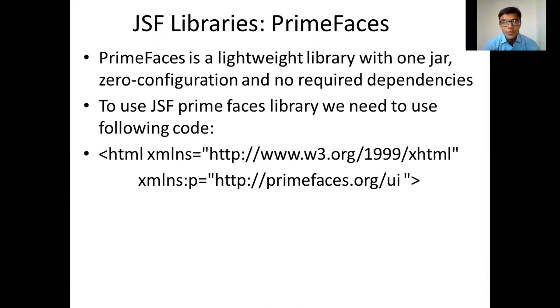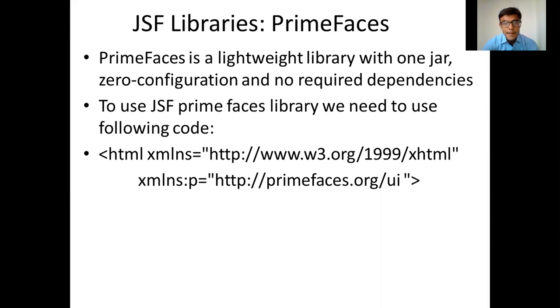So if we want to use the PrimeFaces library in our JSF application, we just need to use one jar file only. There is no configuration or additional requirement of any dependencies to use PrimeFaces. To use PrimeFaces, we just need to put the given code into our JSF web application.